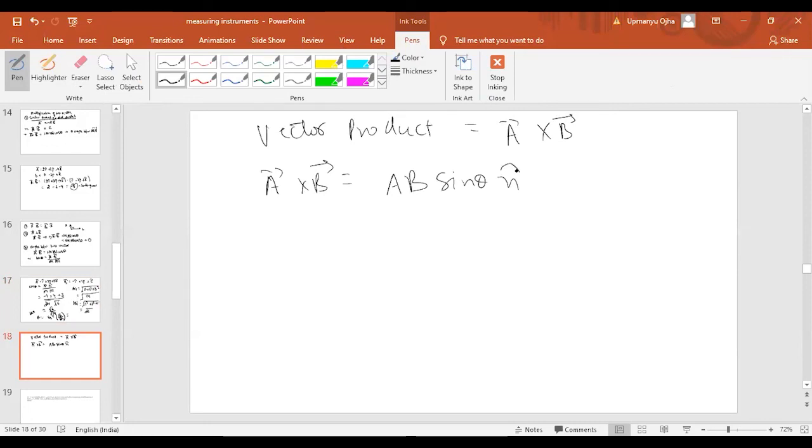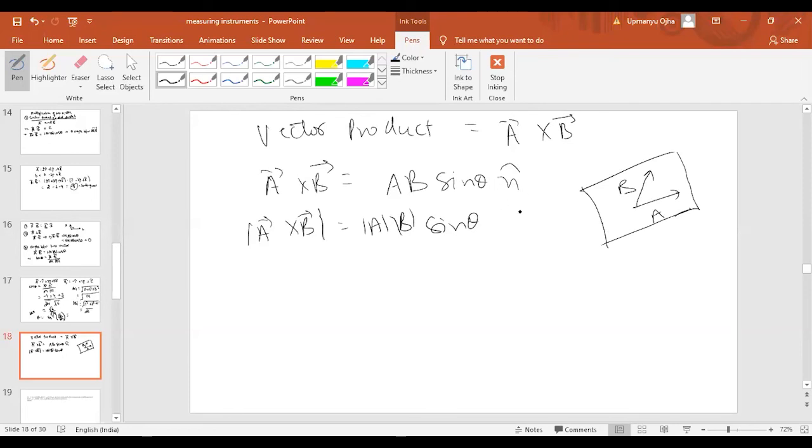N cap is the direction. Since it is a vector product, from the name itself we can understand it should have one direction also. N cap represents the direction of the vector. Like if I take the xy plane, in the xy plane we have two vectors, say a vector and b vector. Then the magnitude of a vector cross b vector will be equal to mod of a mod of b sine theta, and the direction will be given by